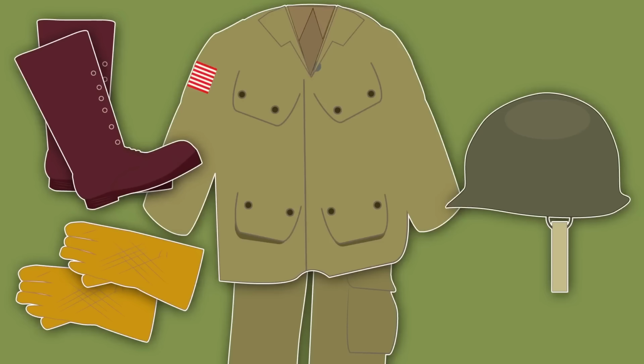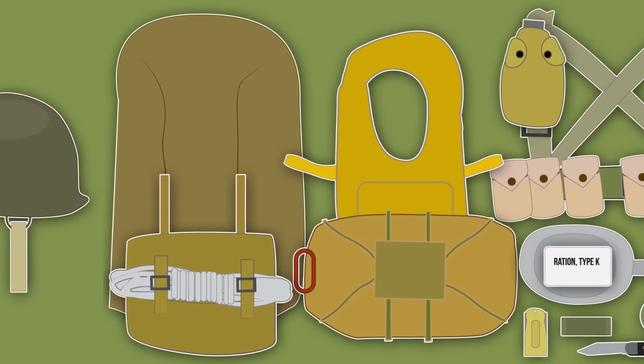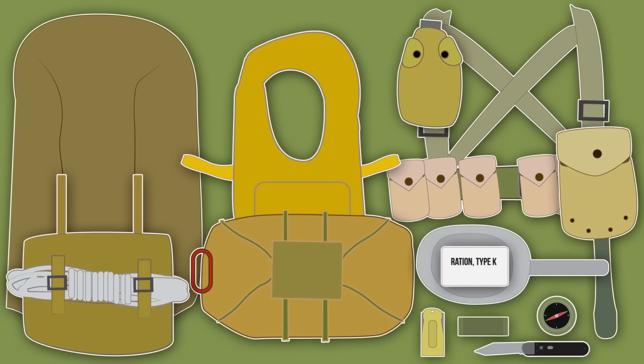The uniform consisted of jump boots, an M1942 jump jacket and trousers, sometimes with knee pads, an M2 helmet, and gloves. Some of the equipment consisted of a parachute, an emergency reserve parachute, life preserver vest, webbing, musette bag and rope, a canteen, an entrenching tool, rations, a compass, a cricket noisemaker, camouflage paint, and an M2 switchblade to cut